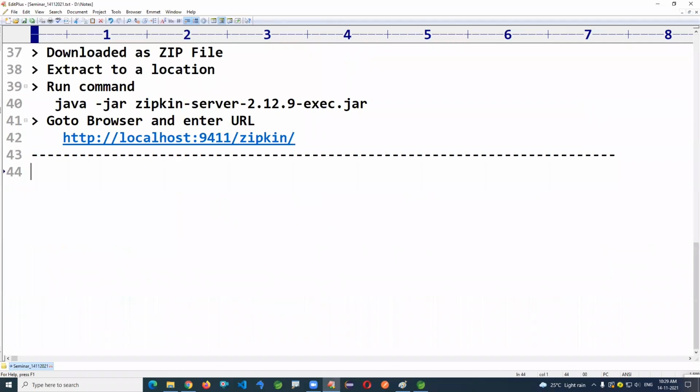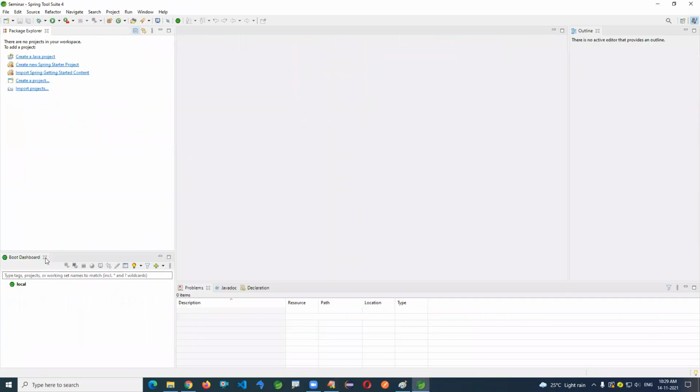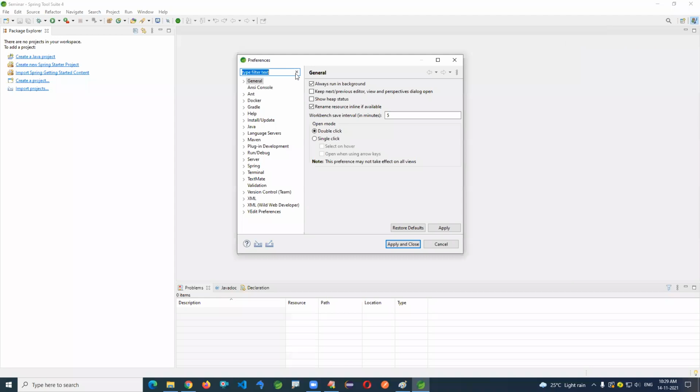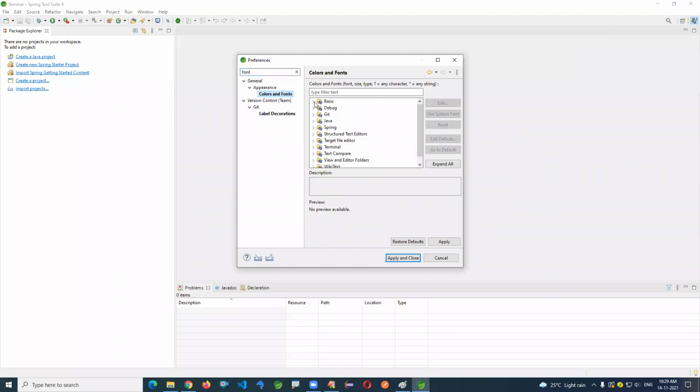Now I'm just showing the coding part here. Eureka server, config server, those components, if you're interested, you can use. Not an issue. I'm just setting the font.